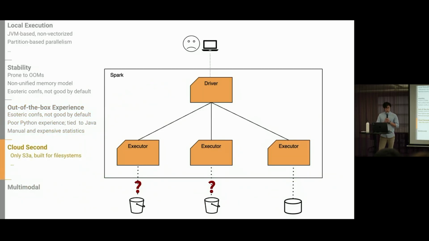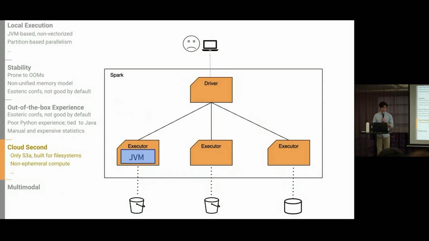Another thing that would be really great would be to build for the cloud first, because all of us use the cloud nowadays. What we see with Spark is that it doesn't support S3 really well. It only supports S3A. And in fact, to go one step further, it only supports S3 through Hadoop, right? Because Spark was built to replace Hadoop, built on top of Hadoop. So you use S3 through a Hadoop jar. It's not a great experience, and you're also oriented toward the Hadoop file system, which has very different properties from an object store like S3.